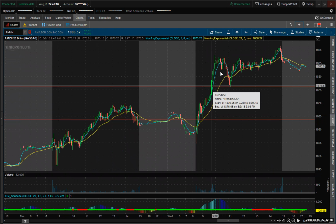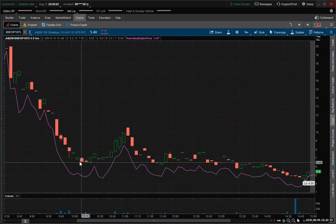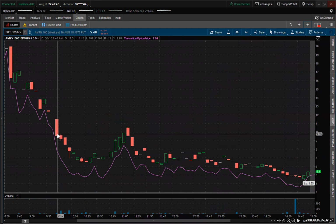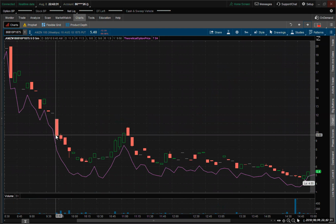So if you're looking at that value, that's on this candle. So that is the 940 candle. We come back to the option to see, okay, at 940, where are we at? Wow, we lost a lot of premium. At 940, that's way too large to risk. It's on its way down. I'm not going to be that guy catching a falling knife,